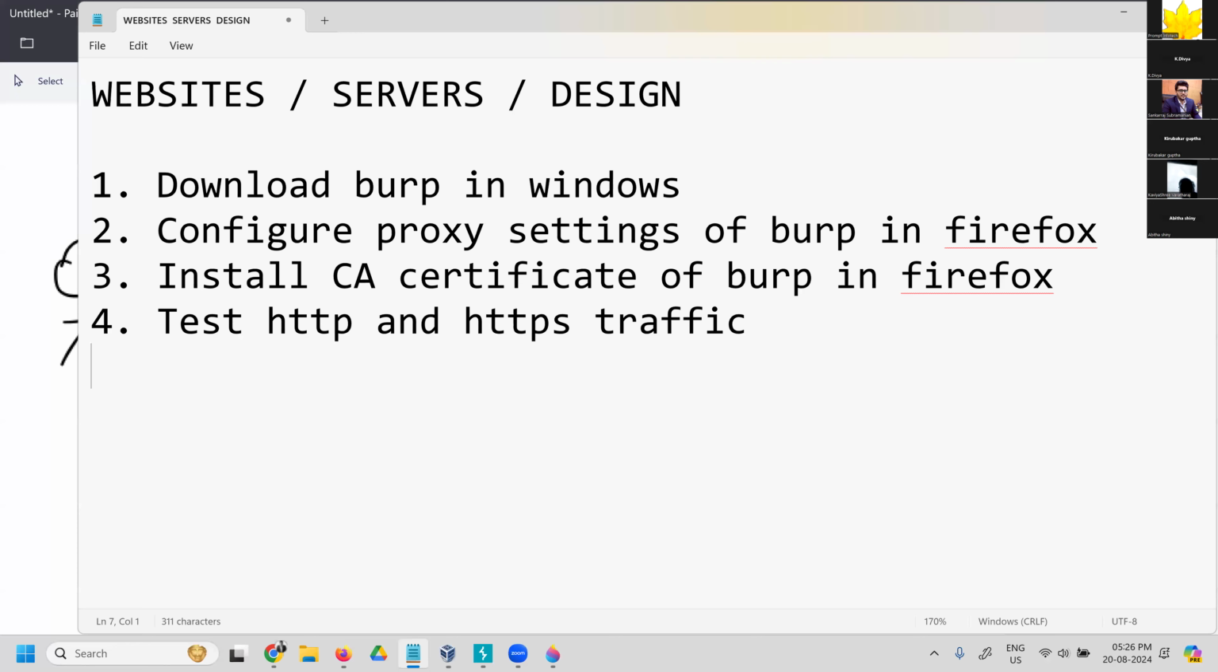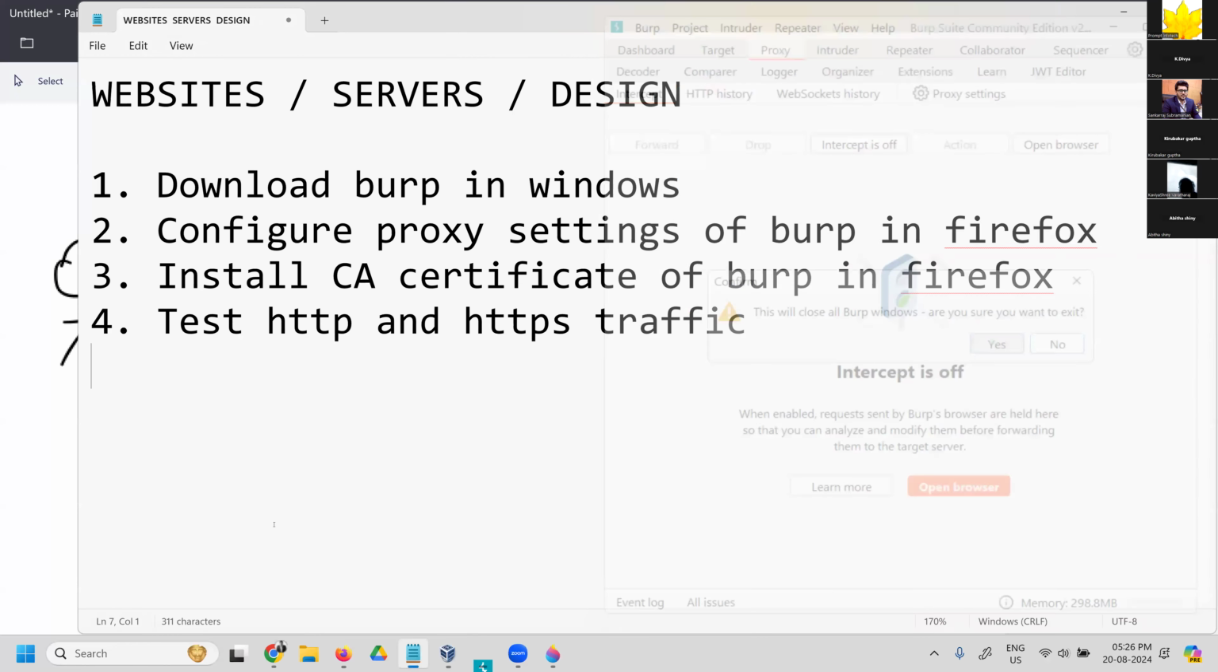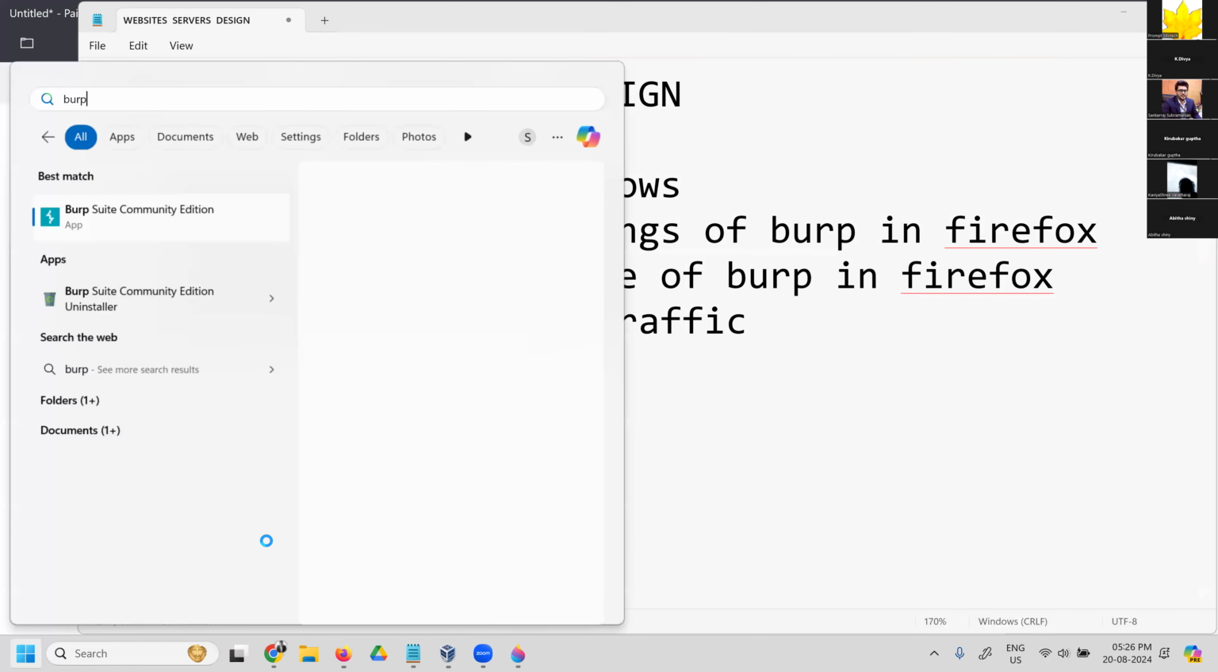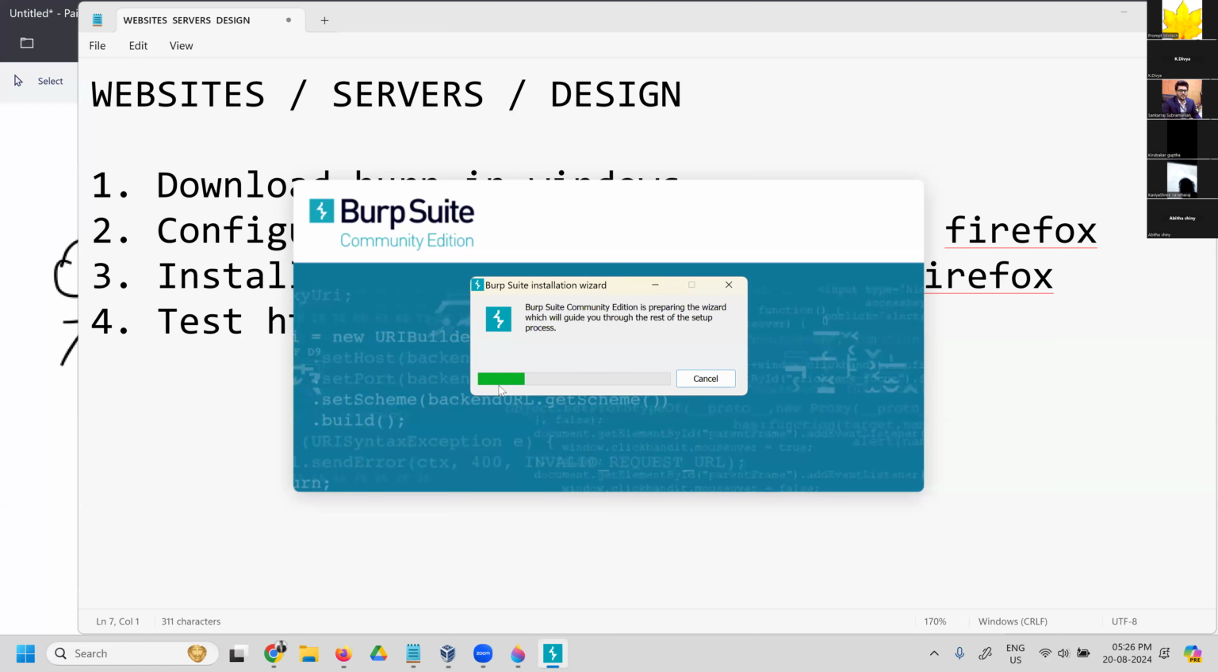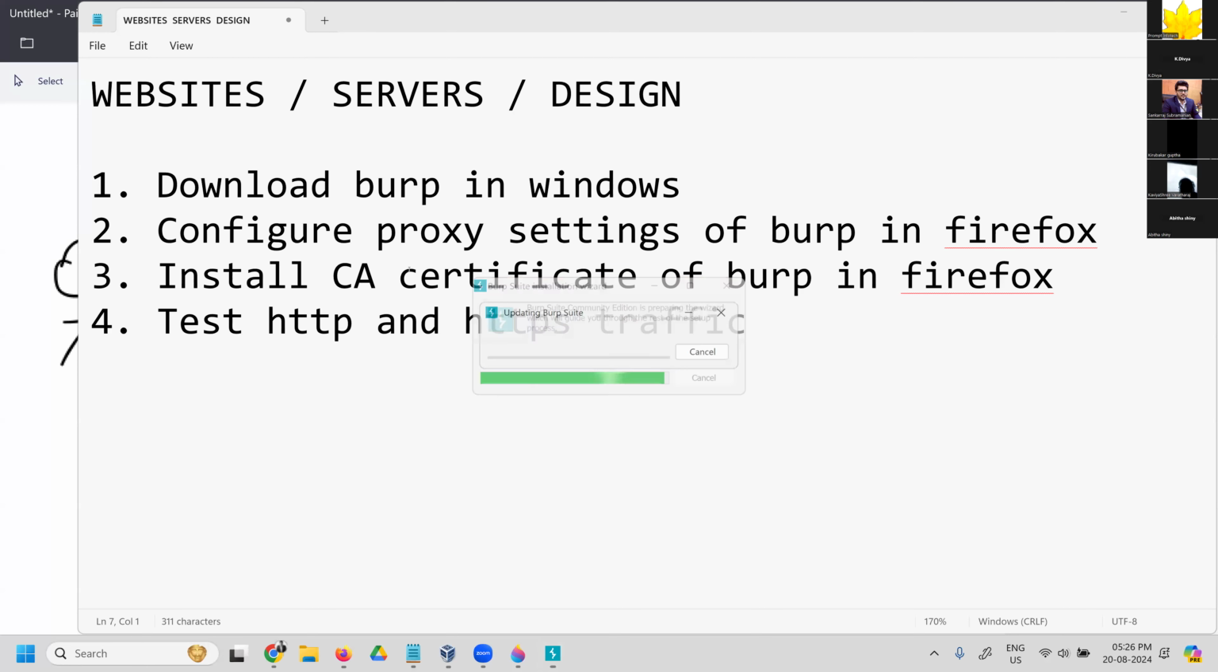Once the tool is installed, let me close this and open the tool called Burp Suite. This is the community edition, and in case you want to go for the professional edition, it has many more options. But as a beginner, the community edition will be more than enough. It has so many options which you can perform. So the tool opens like this, and once the tool opens,